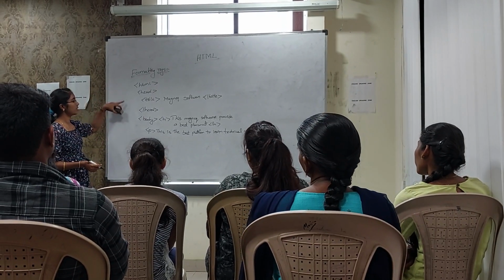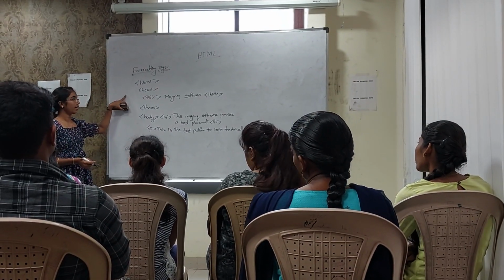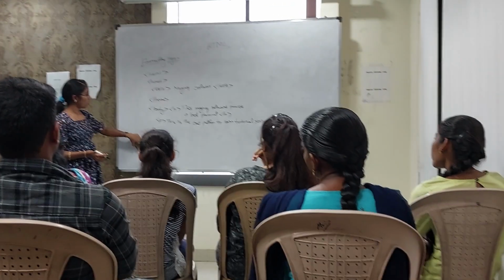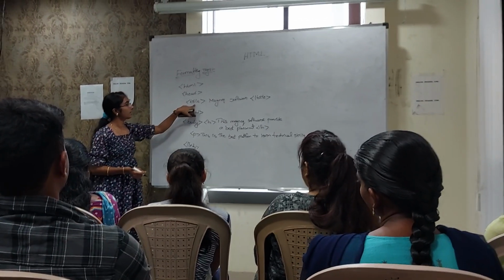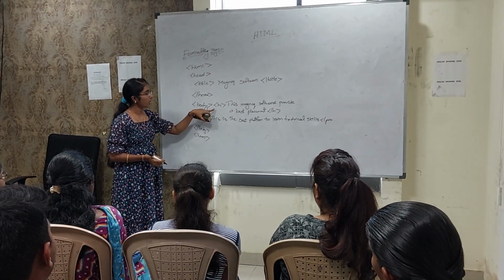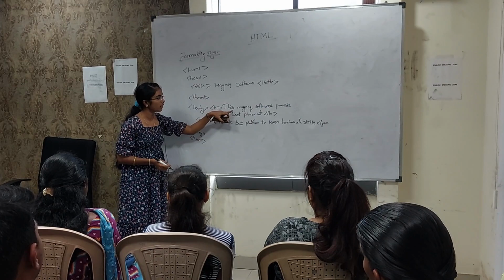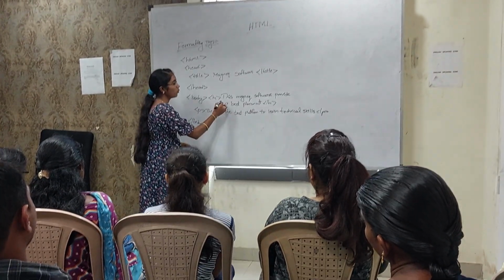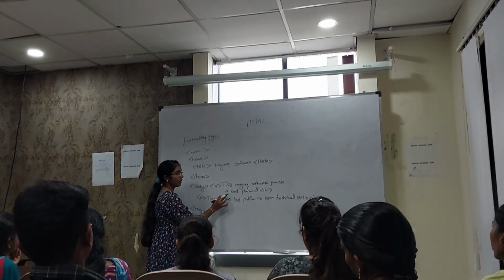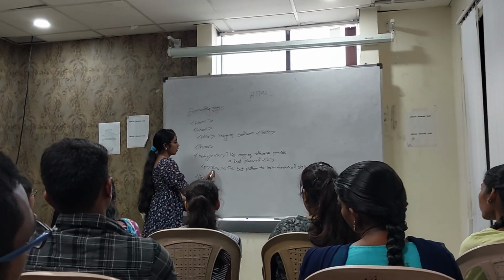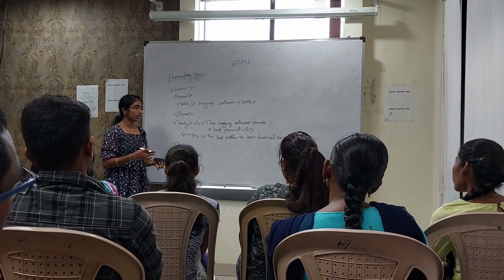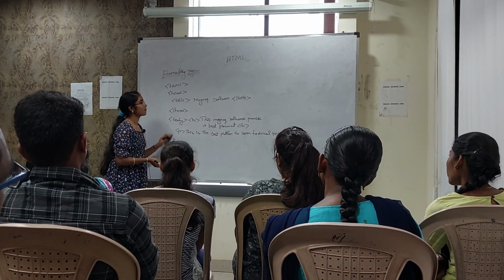So this is the basic structure of HTML, and we can use all elements: HTML open and close, head part where we can give a title, some Magnetic Software, and we can give some body part. We are using a heading 1, so that will be printed in a high size, like bold face. It will print: Magnetic Software provides best placement, and then we can give some information about Magnetic Solutions: this is the best platform to learn technical skills. Okay,